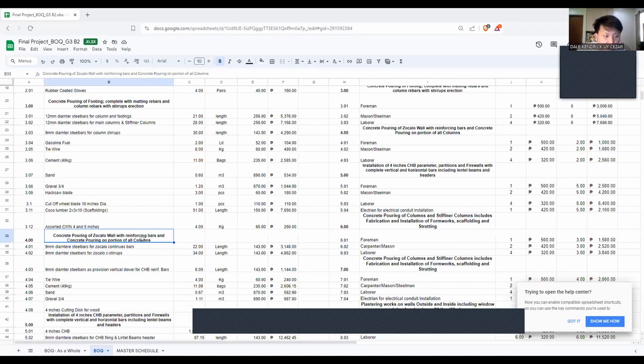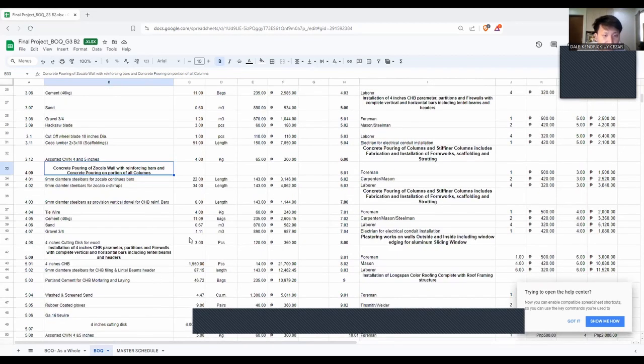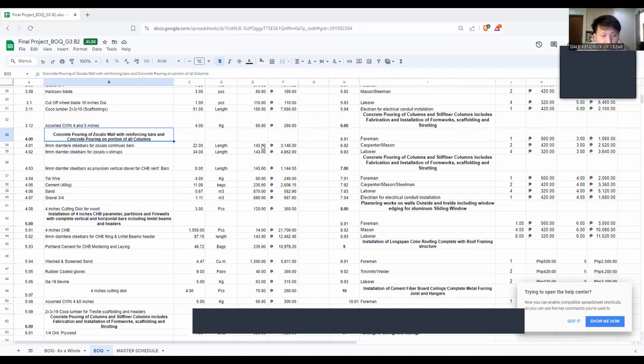Same with item number 4 and item number 5, we have their quantities, which we multiply by their prices here, and we get their total cost. So the prices I used came from hardwares in El Salvador and in CDO. That would be